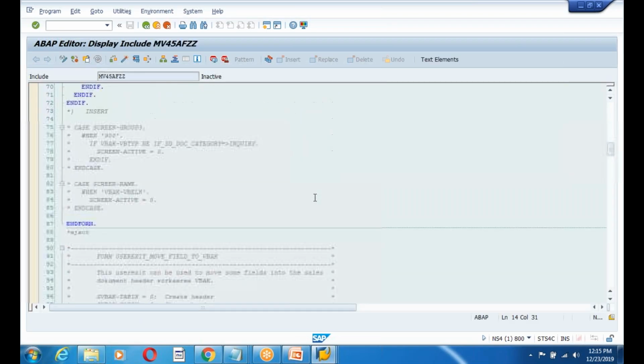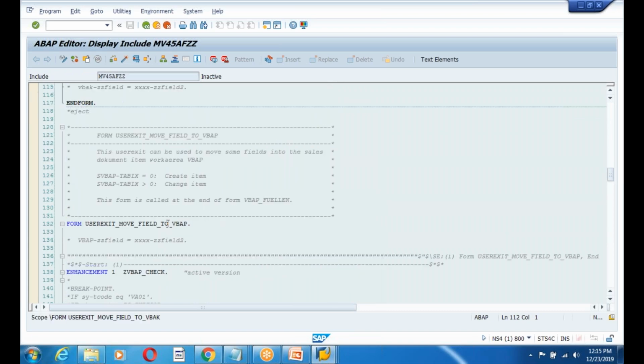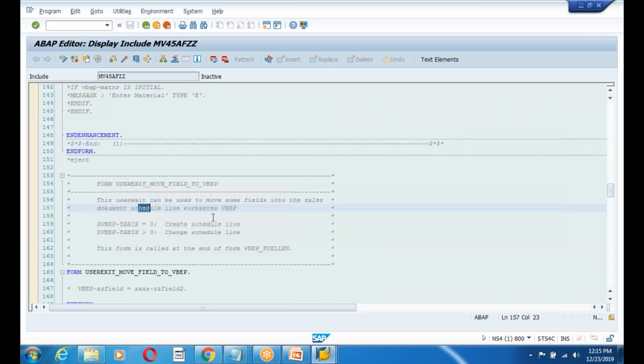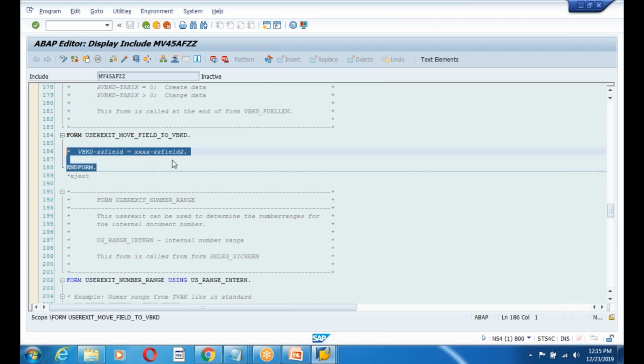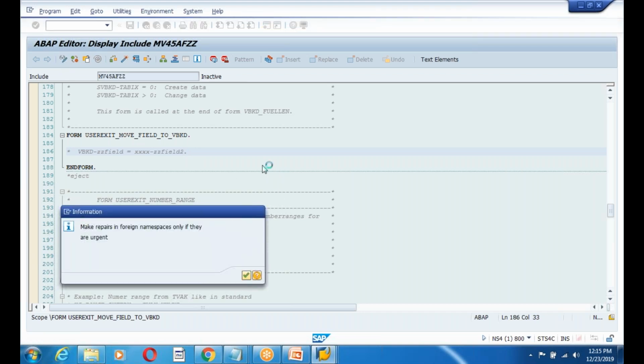So here you can see there is a field, move field to the VBKD. Did you see any field? Move field to the VBKD. So this is it, guys. So here I need to include some fields. I need to default the value. Double click, change the program,